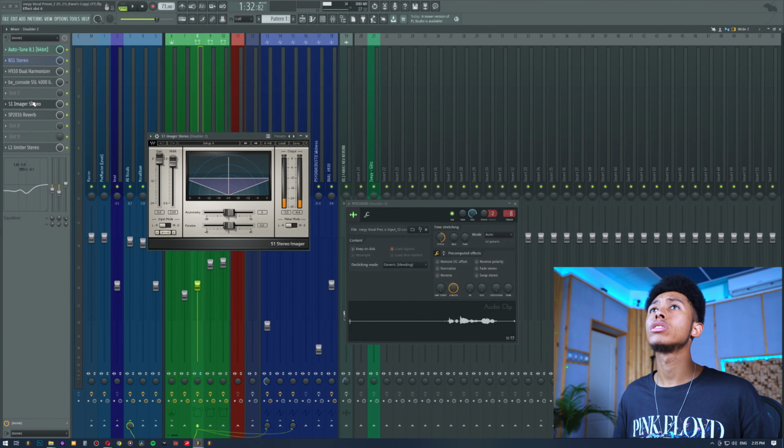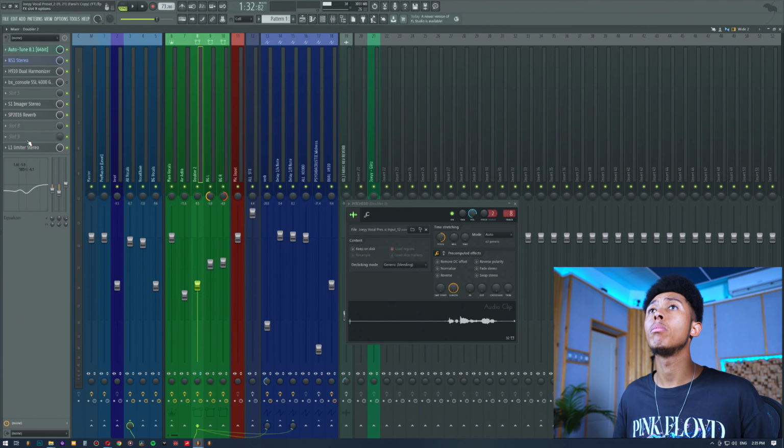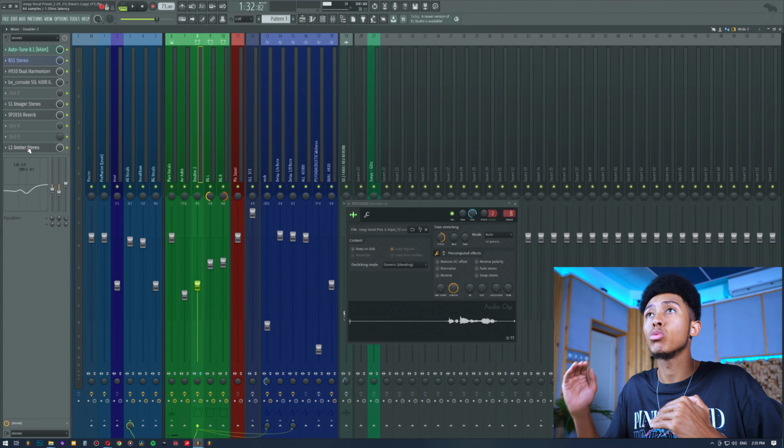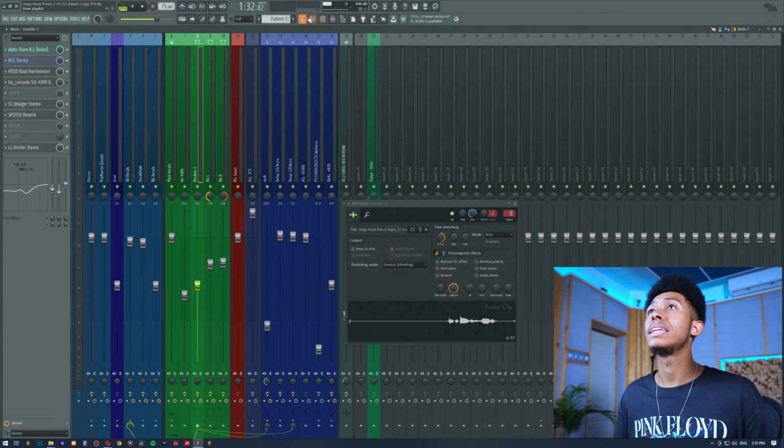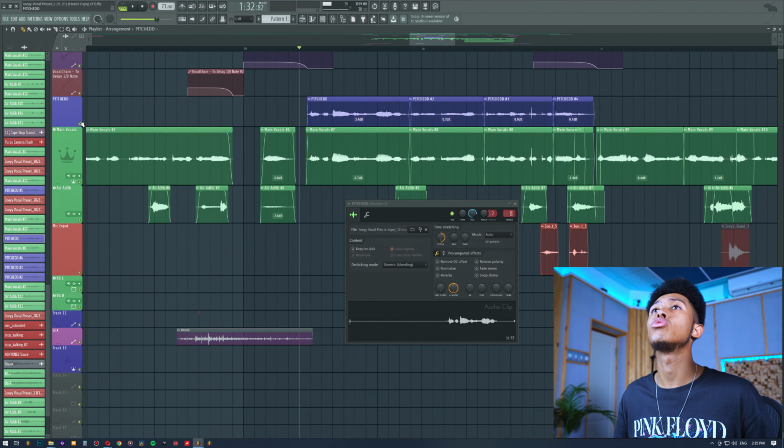And then I'm adding on some stereo widening, a bit of reverb, a bit of limiting just to make it sound a bit more squashed, and then just EQing it to taste. And the difference is huge, right? So as you can hear,